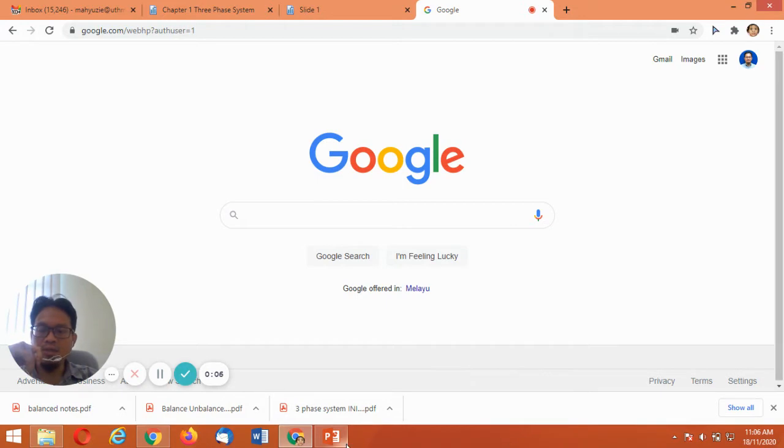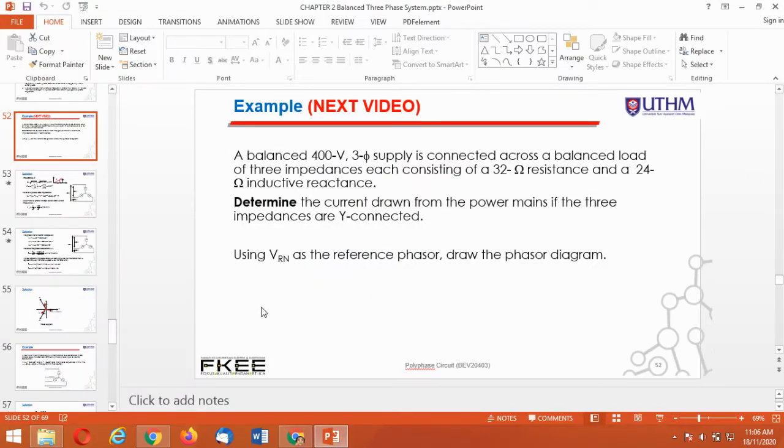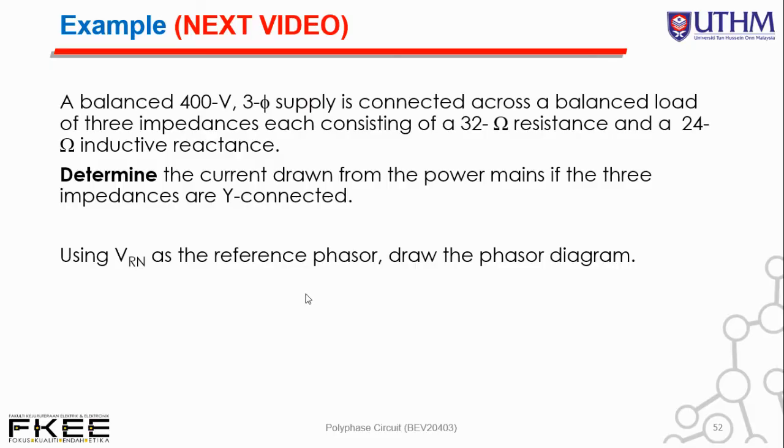Let us now continue with our example of this balanced three-phase topic. And then this following example says that a balanced 400 volt